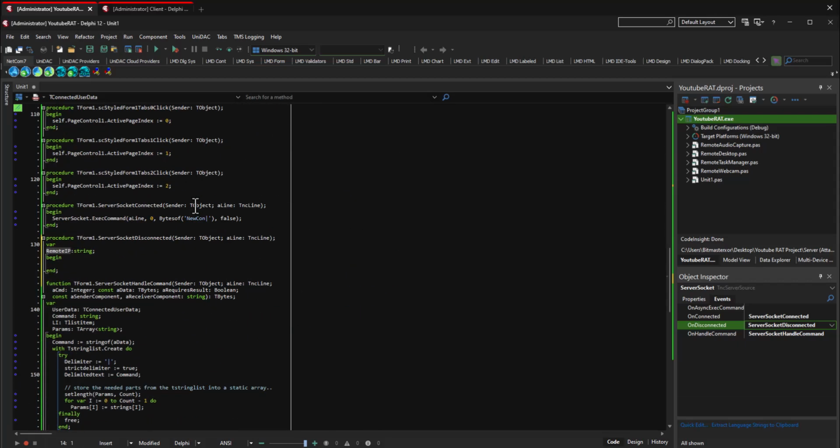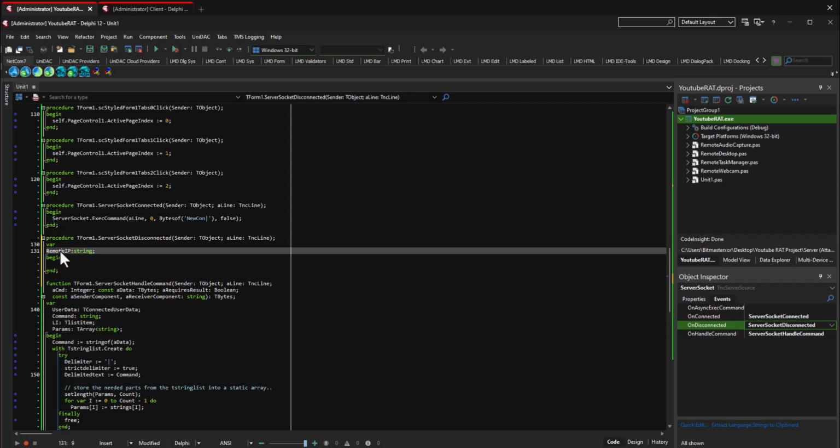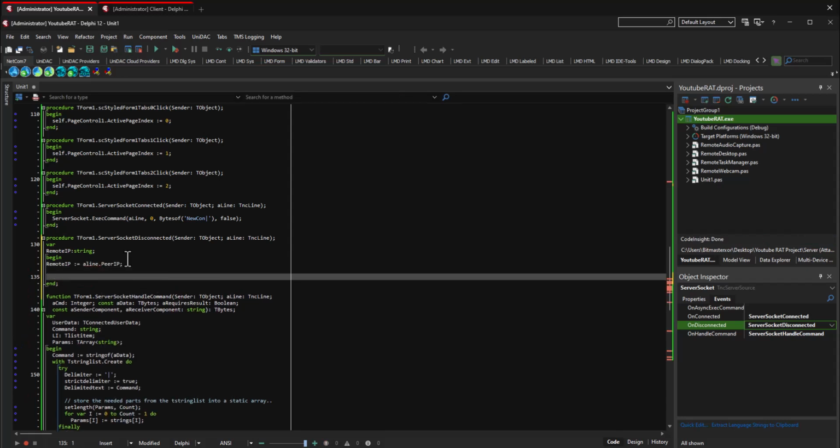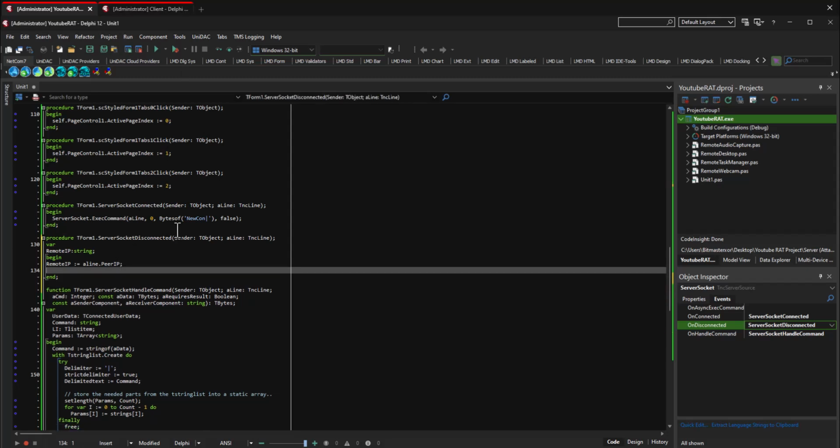So down here, we're going to go ahead and do the remote IP because we may do some stuff with it later, but we are going to also go deeper. So I will say remote IP is equivalent to a-line.peer IP. Okay, done. Now we can proceed with what we're going to do. So we're going to create a separate thread, a queued up thread to get rid of this person. Okay, so to do that,